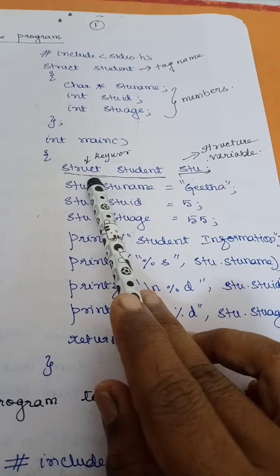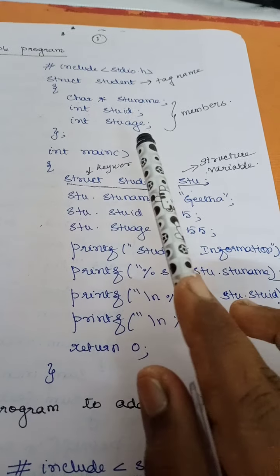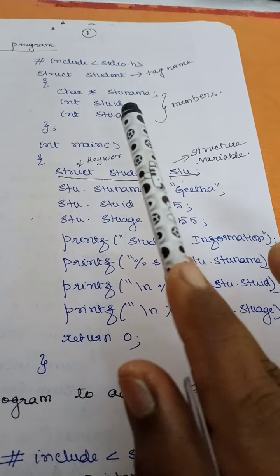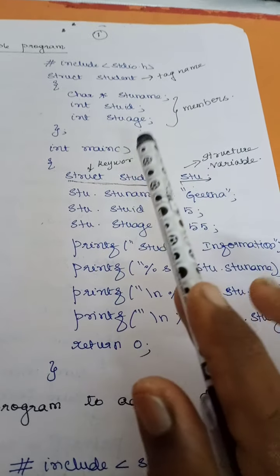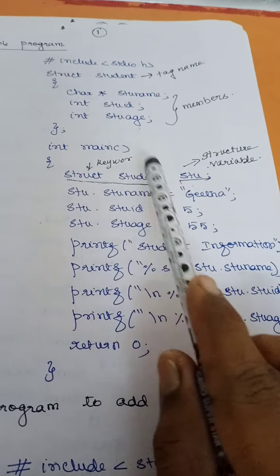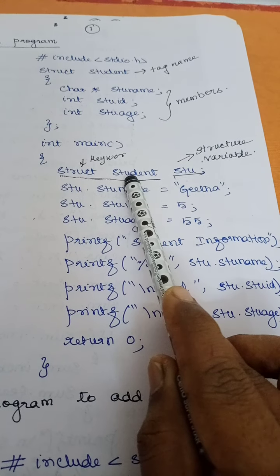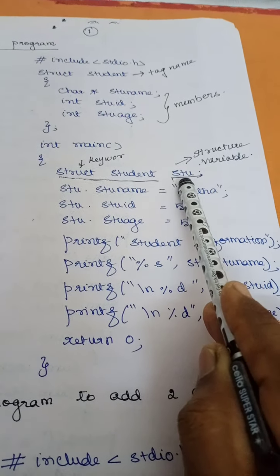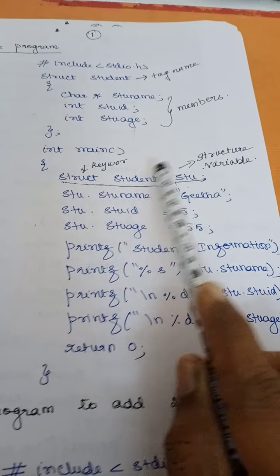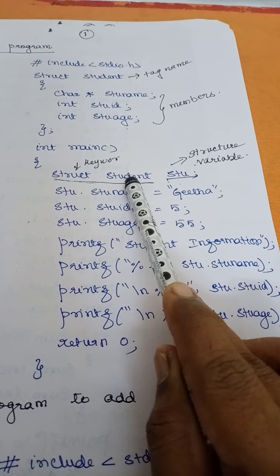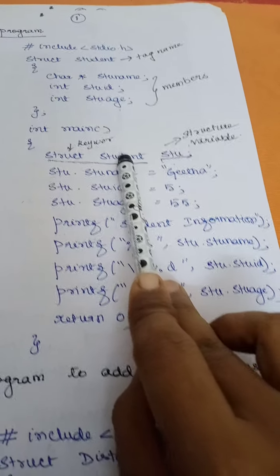So how do I have to declare the variables? For example, if you want to declare an integer variable, you will write it as int a, right? But here we have declared a structure. So struct is a keyword, and this is going to be the tag name of the structure for which I am going to create a variable, right? So struct student and stu. If I have more than one structure, this name is used to identify my particular structure, right?